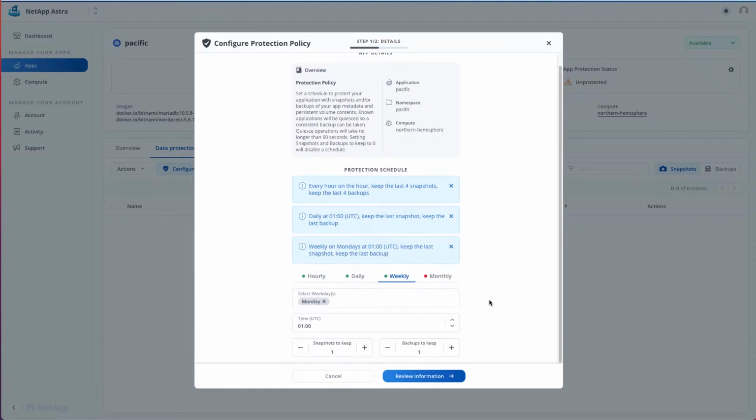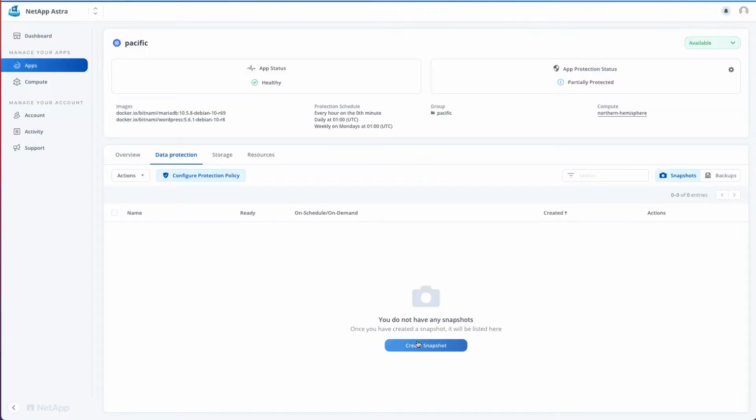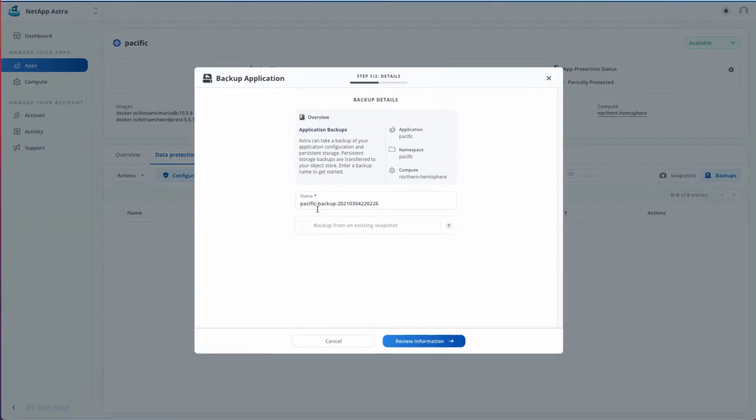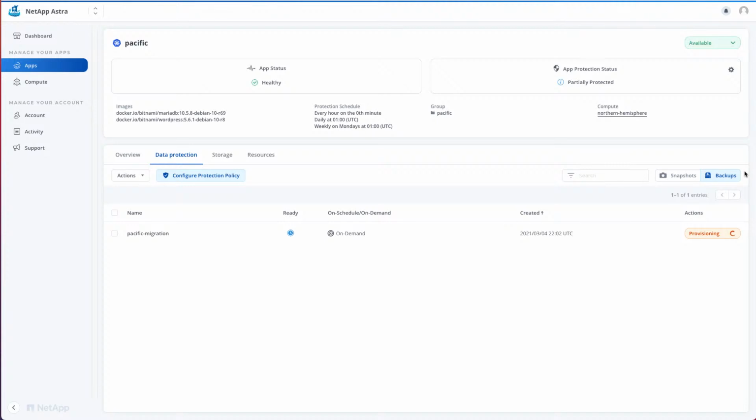Snapshots are stored by NetApp Cloud Volumes Service. Backups go one step further and export the data from the snapshots to an object storage bucket. Notice that the status is updated to partially protected. We have a policy, but we haven't made a backup yet. So let's create an on-demand backup. Once we confirm, Astra will collect information about all the resources needed for this application to run, including persistent volume